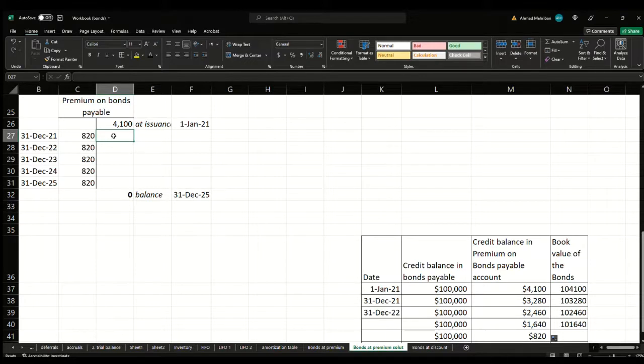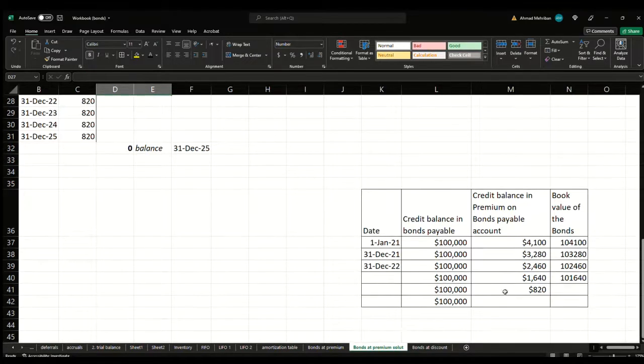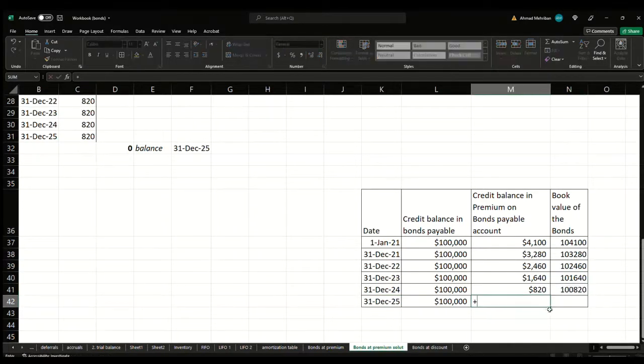I just don't want to confuse you, so the only way I can do this is, for example, do this and change this to bold, meaning that this is the balance. It doesn't mean the entry, it just shows the balance at a specific point. But I just don't want to confuse you, so let's forget about it. Anyhow, the dates here are 31 December 2023, 31 December 2024, and this is the 31st of December 2025, the final year of our payment, and the maturity date. And then finally, in the last year, once we enter the final 820, we're coming back